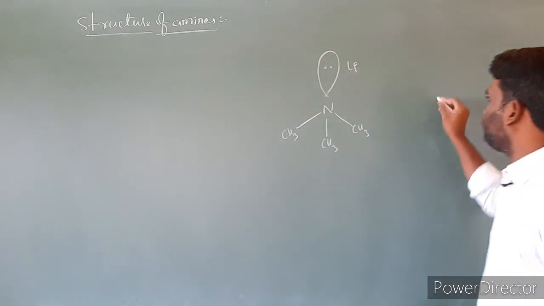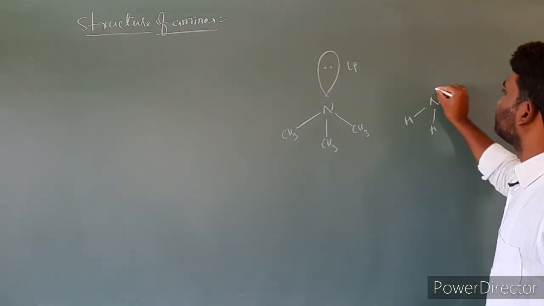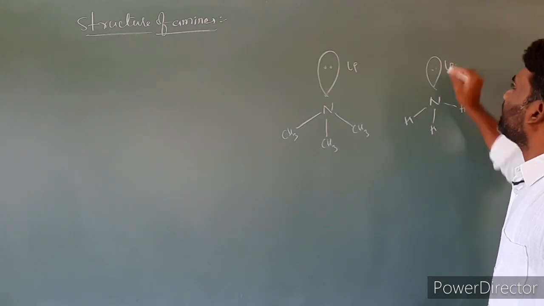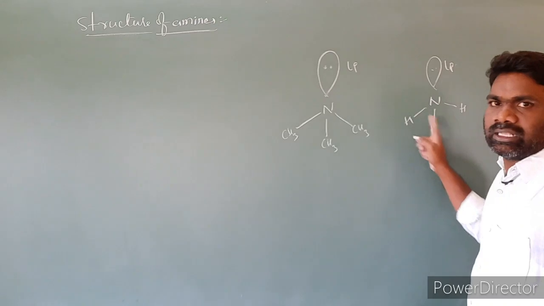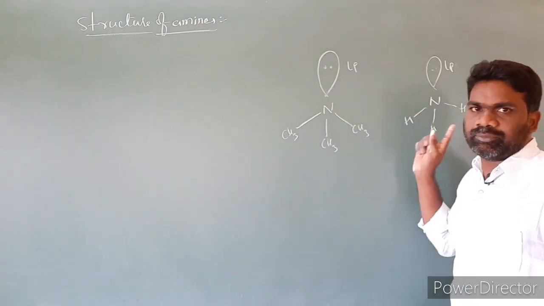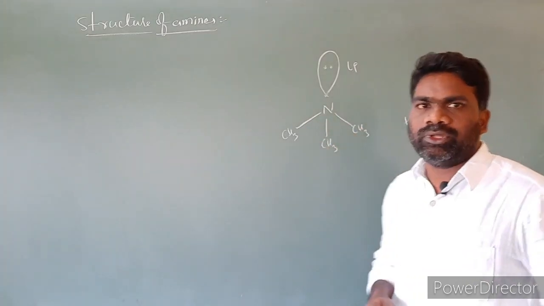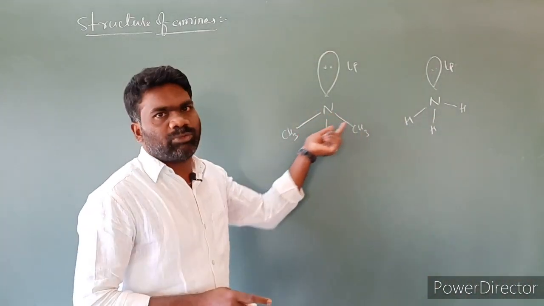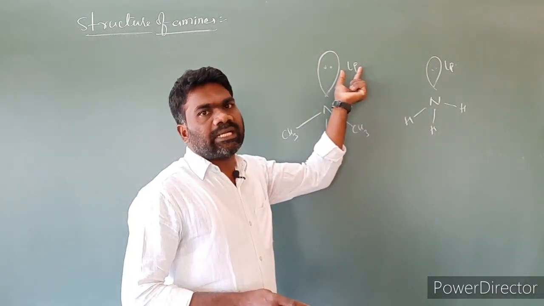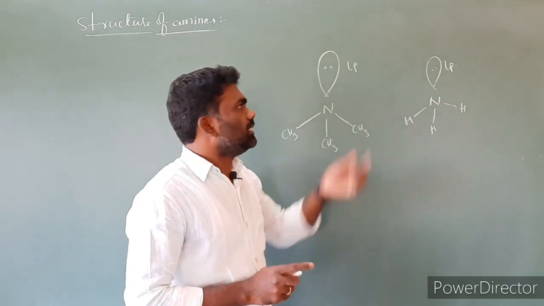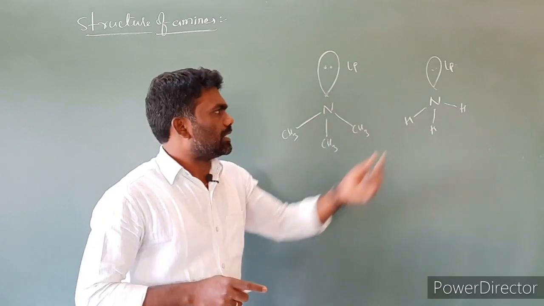1, 2, 3. So first we can take the structure of ammonia to compare with amines. It also has a lone pair on the nitrogen. In ammonia, nitrogen has valency 3. It forms 3 bonds. Like ammonia, amines are also trivalent. It is able to form 3 bonds. Trivalent means able to form 3 bonds. And it contains 1 lone pair of electrons, nothing but an unshared electron pair upon the nitrogen, like ammonia.